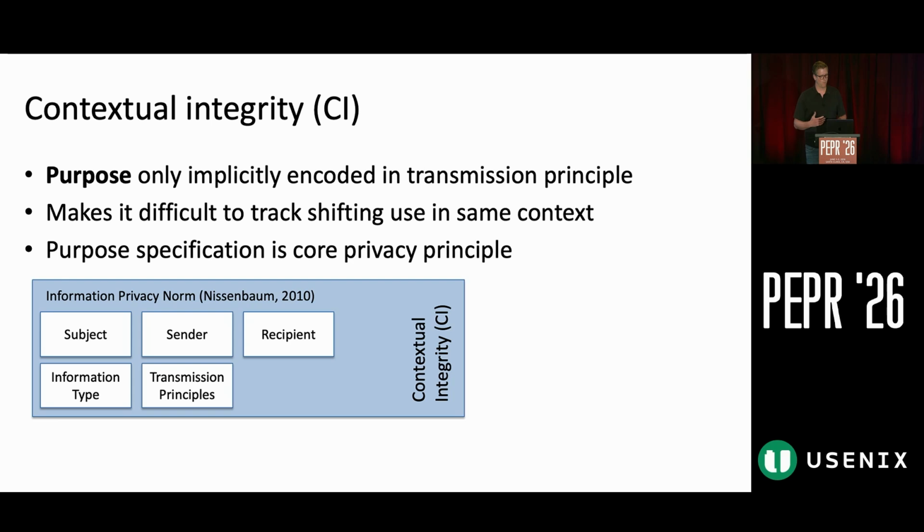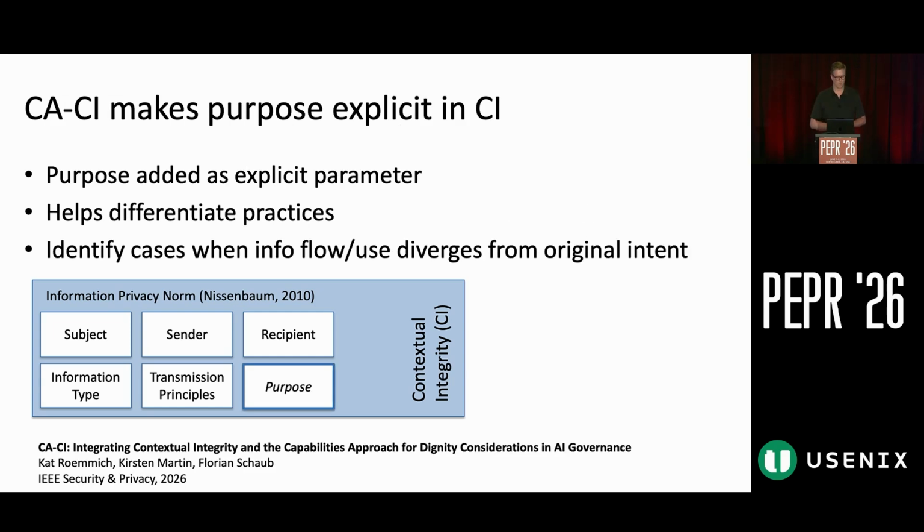Now, one issue with this approach is that it doesn't really specify the purposes for which data is being processed. The purpose is kind of implicitly encoded, often in the transmission principles, but it makes it very difficult in an operational setting to keep track of what the purpose is. What's the purpose specification? At the same time, purpose specification is a core privacy principle and a requirement in many regulations. So the first thing we do in our framework is we add purpose as an explicit